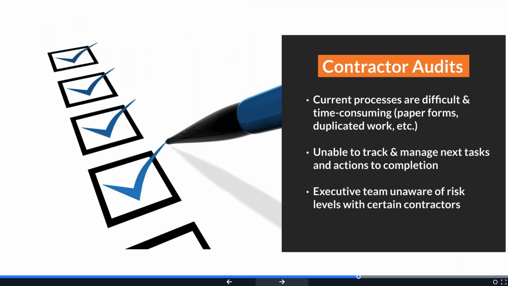Now, finally, with contractor audits, this could be checking up on the safe work status that they might be completing for yourselves. This might be the contractor reviews. The detail and the depth that you will be using will probably vary from organization to organization. But just like any other audit or inspection, you want to be able to reduce the duplicated work that's going on, so transferring a paper form into Excel or any other sort of format.